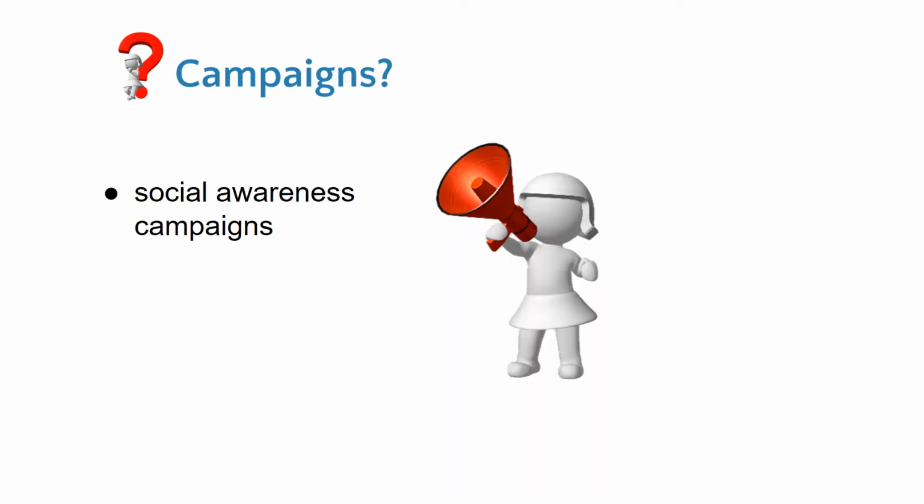Did you maybe think of the campaigns organized to support certain issues, like human rights or animal rights? These are the ones we are going to talk about today. We are going to concentrate more on social awareness campaigns. What do you think? Why do people campaign? Take a minute or two and make some notes into your notebook.